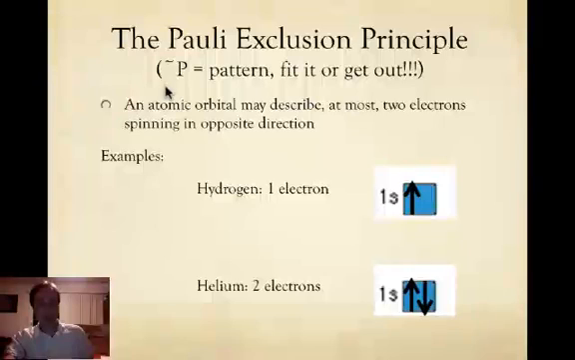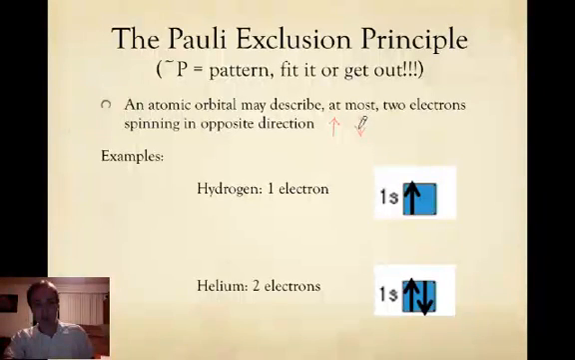Okay. Rule number 2, the Pauli exclusion principle. The way I remember this one is that the P in Pauli stands for pattern. Electrons need to fit in or they get kicked out. So kind of wordy, but it says an atomic orbital may describe at most 2 electrons, and they have to spin in opposite directions. I mentioned earlier that with orbital notation, we use arrows to represent the electrons,